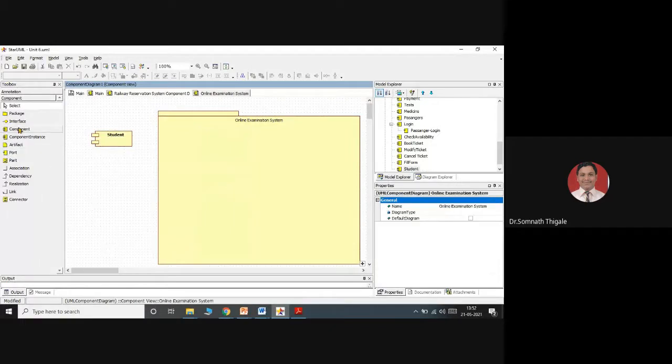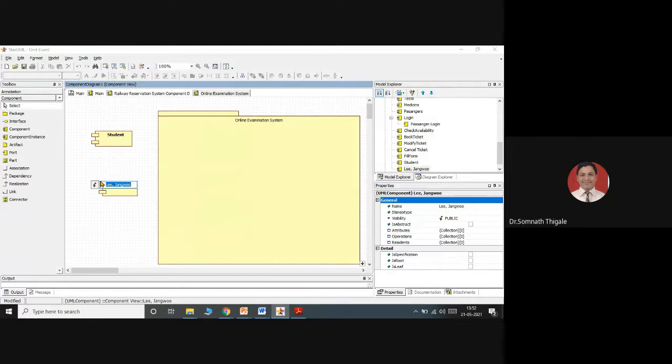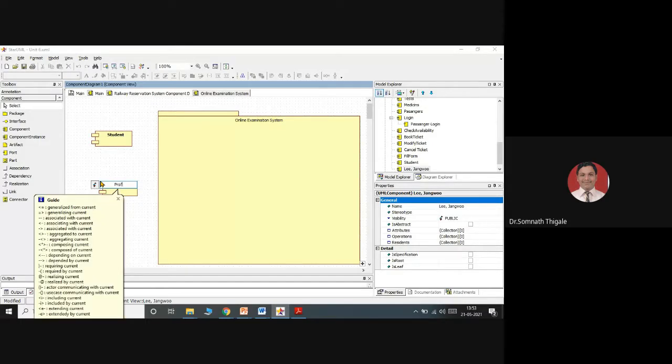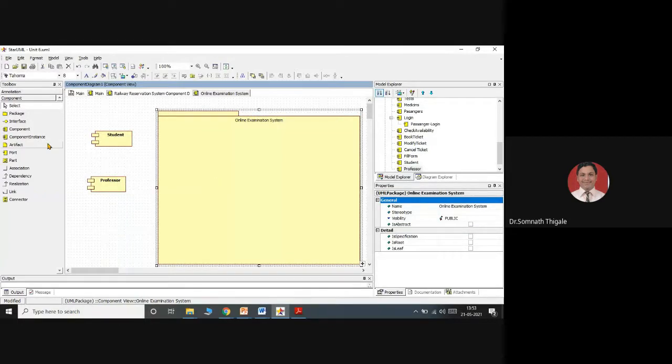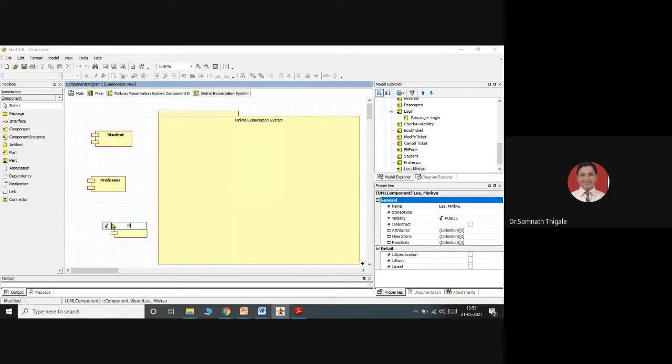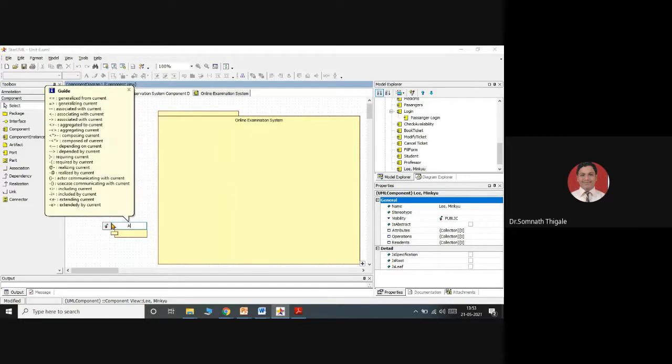The second component that will interact with this system will be teaching staff, or simply professor. And there will be one person who will be working as an administrator over there. So I will consider them simply as administrator.